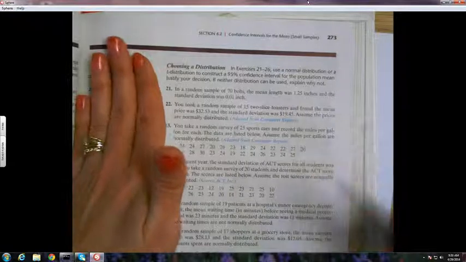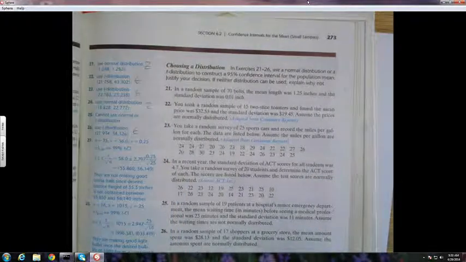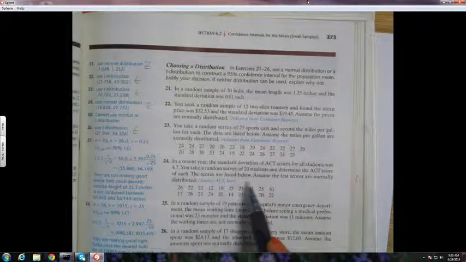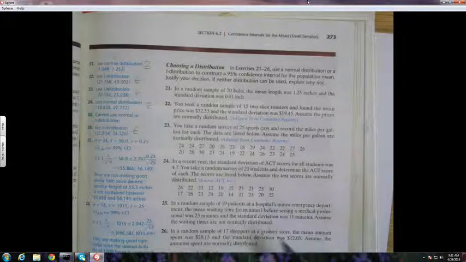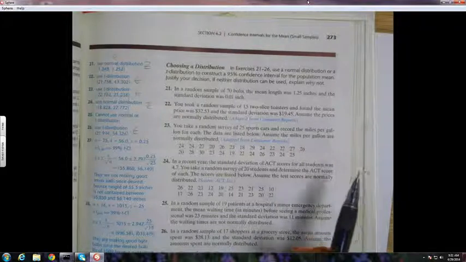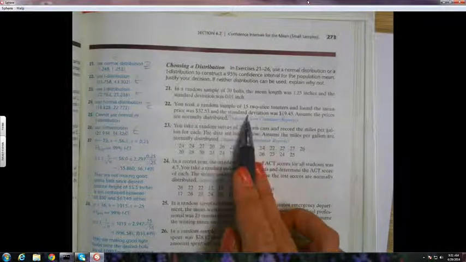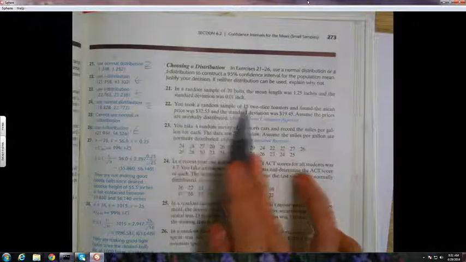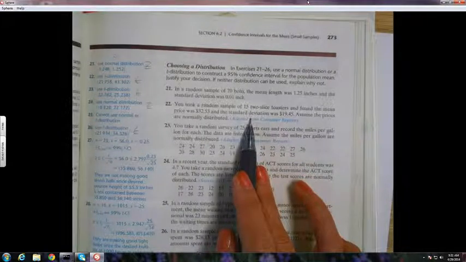They don't even give you one, but they would say somewhere in here, it is known that the population standard deviation is, so they will actually say it, population standard deviation. It'll be in the phrasing somewhere. They'll say from past studies or whatever. Well, it doesn't say sample standard deviation in here because it's kind of implied in this sentence that it's coming from this sample of 15. Correct. I would think that would be safe to say.